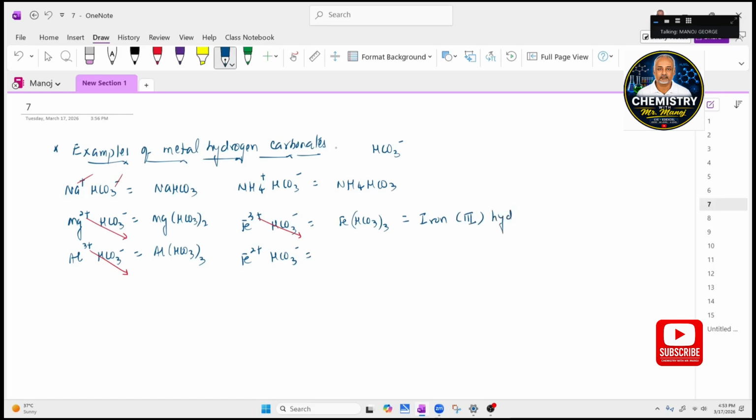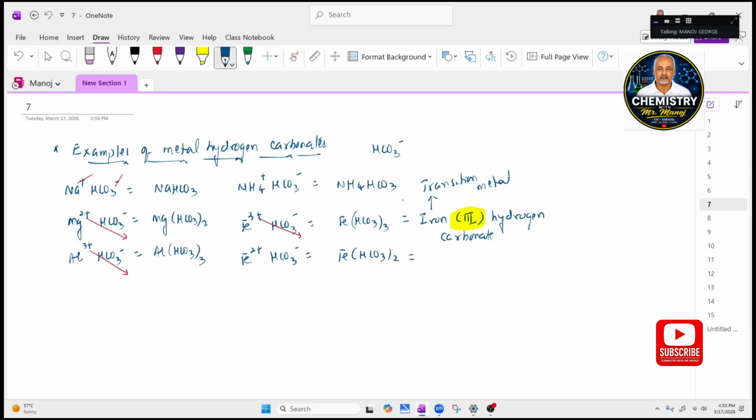Hydrogen carbonate. Now, why did I use the 3 in the Roman numeral in the bracket? Because iron is a transition metal. Remember, we do this for transition metals. We don't do this for everybody. Okay. Similarly, this one comes out as